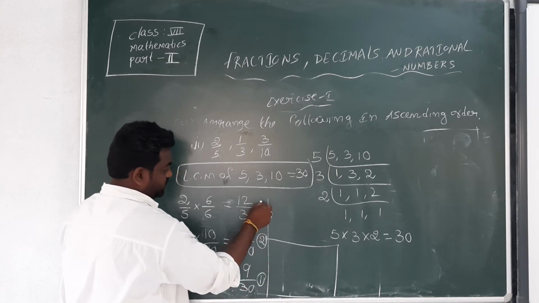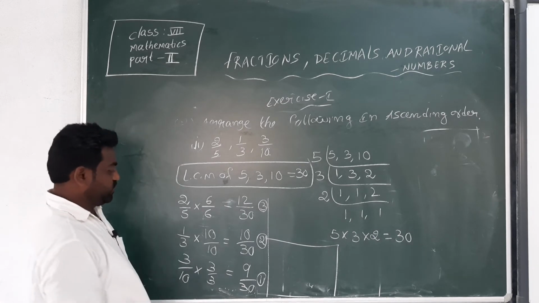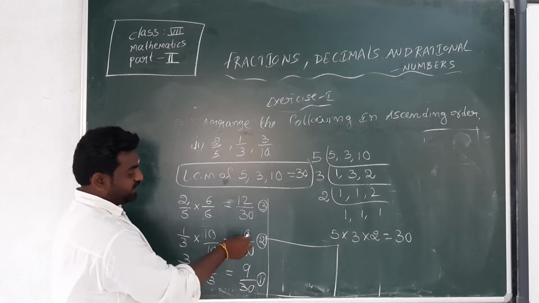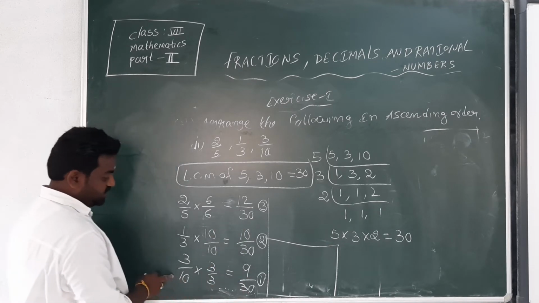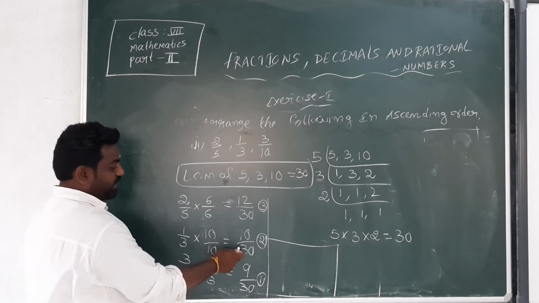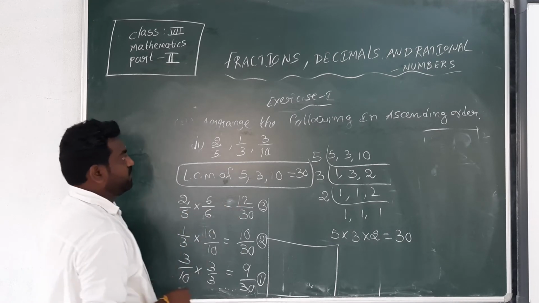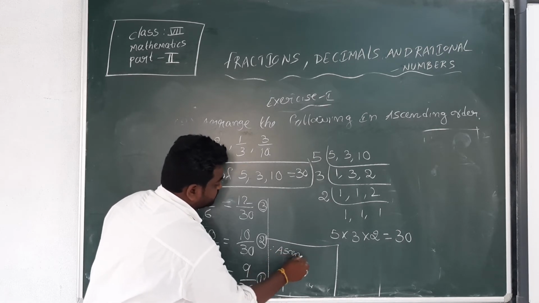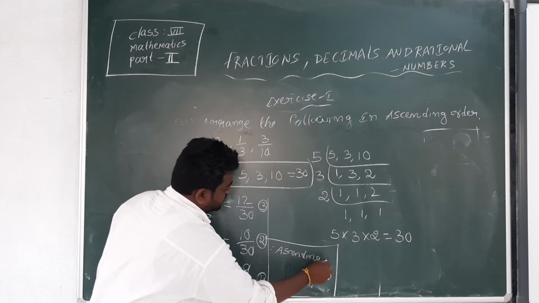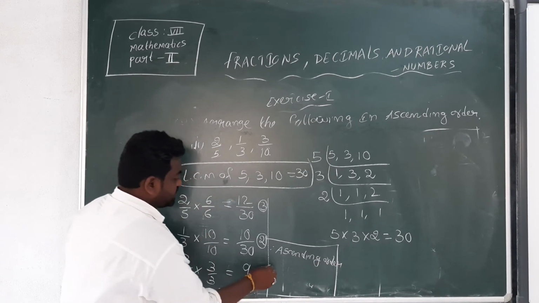Smallest value 12, another smallest value 12. So 9 by 30, 10 by 30, 12 by 30. 9 by 30 means 3 by 10, 10 by 30 means 1 by 3, 12 by 30 means 2 by 5. Therefore, ascending order is